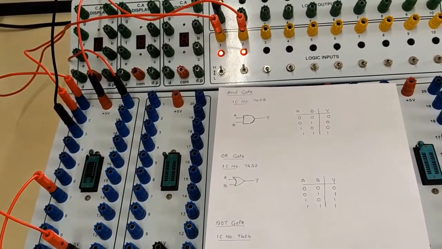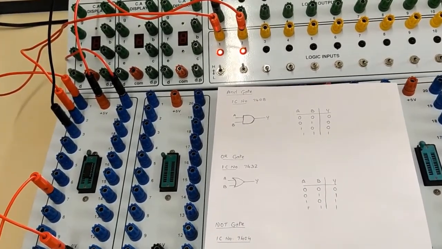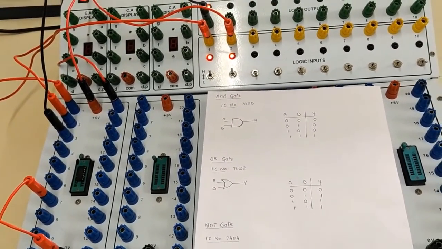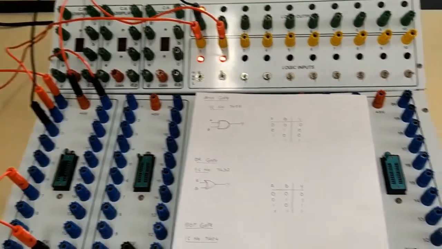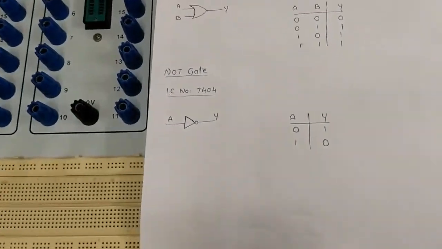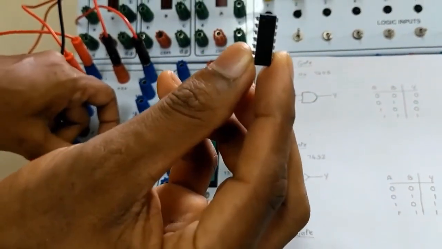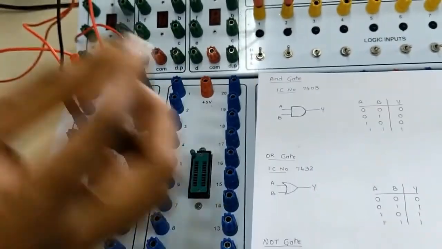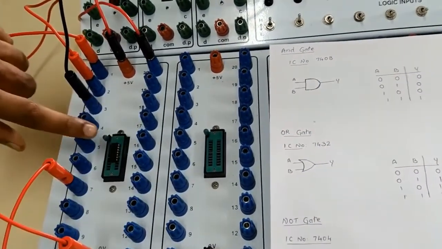Numbering of the ICs or numbering of the gates inside the ICs, we will check when we actually rig up the circuit with respect to your half adder, full adder or subtractor or something of that kind. I'll turn it off. I'll confirm the truth table of the NOT gate. The IC I'm holding in my hand is your IC 7404. The numbers can be noted down. I will take this IC and place it on the IC bed and lock it.